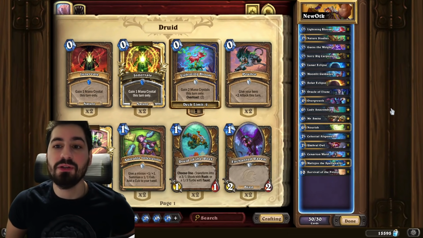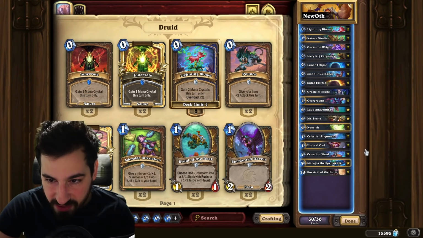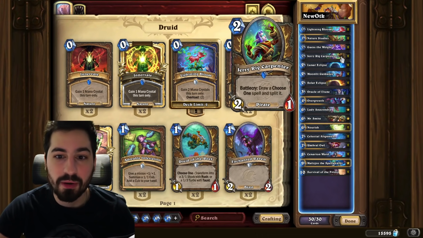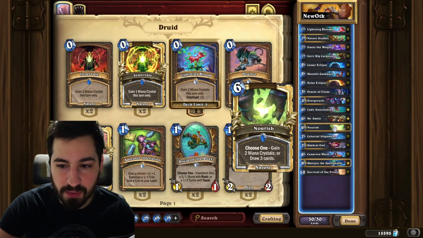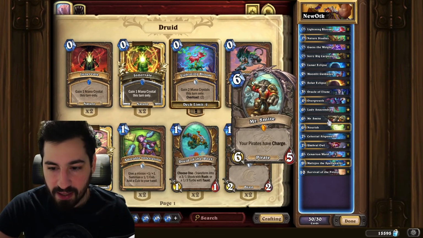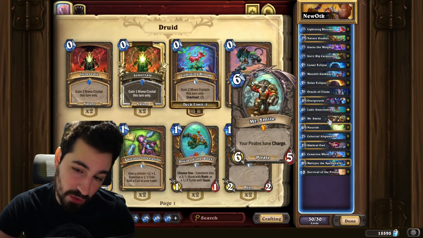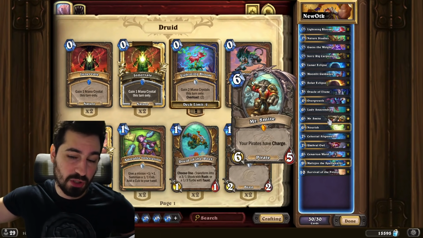And then we also have the new OTK Celestial Druid. So this is the old Celestial package, but it runs now Smite, and it runs the Jerry Rig Carpenter. So one of the win cons, on top of already being, of course, Lady Anacondra with the Malygos and the Cenarian Ward, is that you can Survival of the Fittest and then play your Oracle of Elune and then play Mr. Smite,